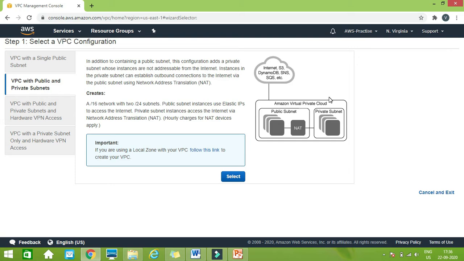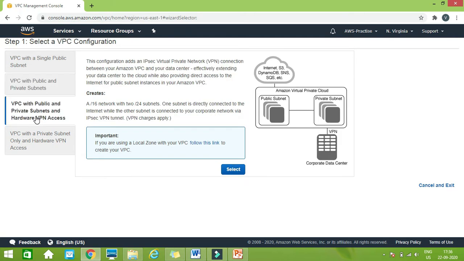we are having a VPC, and then we will create two subnets. One subnet we are calling a private subnet, the other is a public subnet. Public subnet means this subnet is provided with the public IP, so that it is allowed to be accessed from the internet. And this private subnet is having one private IP. That means the machines which are inside the subnet are not allowed to interact outside this cloud.